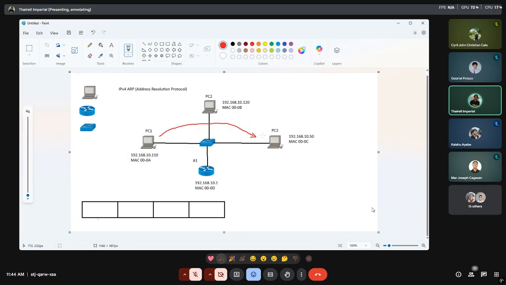By default, once a data packet is generated where PC number 1 needs to communicate to PC number 3, the MAC address of the destination device, which is PC number 3, is not yet made aware. It's not yet learned by PC number 1 because it's been generated for the very first time. So how is that data packet generated, so that the said payload will be sent accordingly to PC number 3?